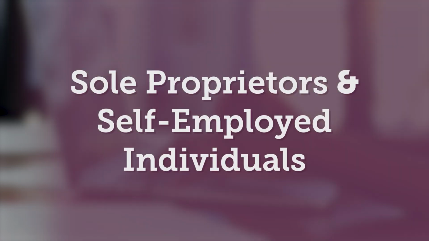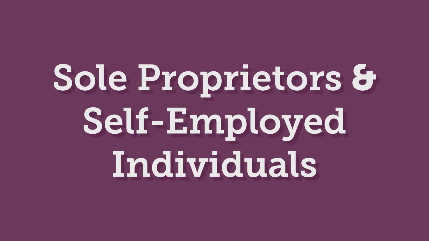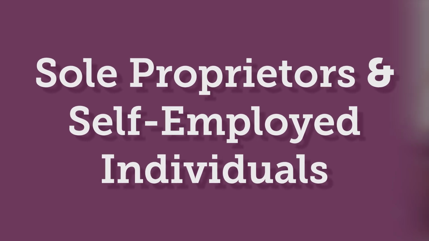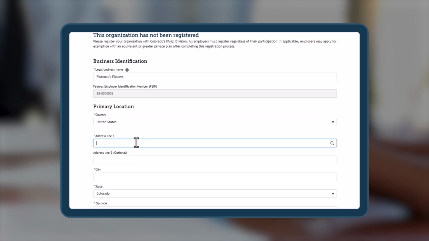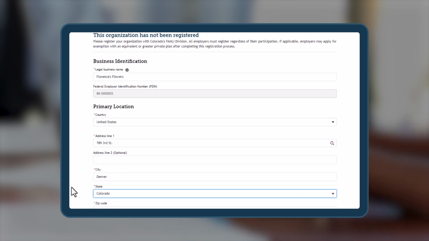Are you a sole proprietor or a self-employed individual? Enter your legal business name and select your preferred identification method, which could be your Social Security number, your individual tax identification number, or a federal employment identification number. Indicate if your primary location is the same as your organization's mailing address and click Continue to complete the additional